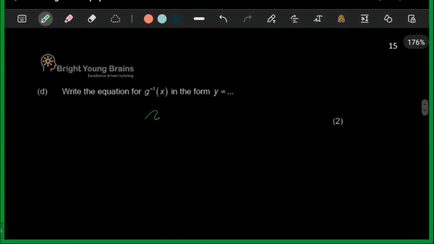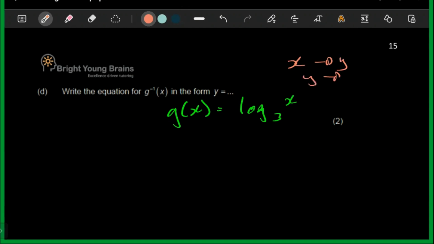For 2 marks, they want us to get the equation of the inverse of the graph of G. So that's what this means. We know that getting the inverse, we already know the game: X becomes Y, Y becomes X. So in that situation,